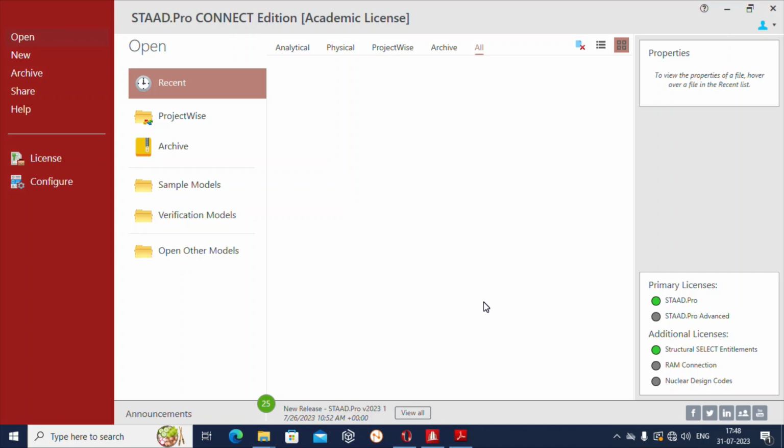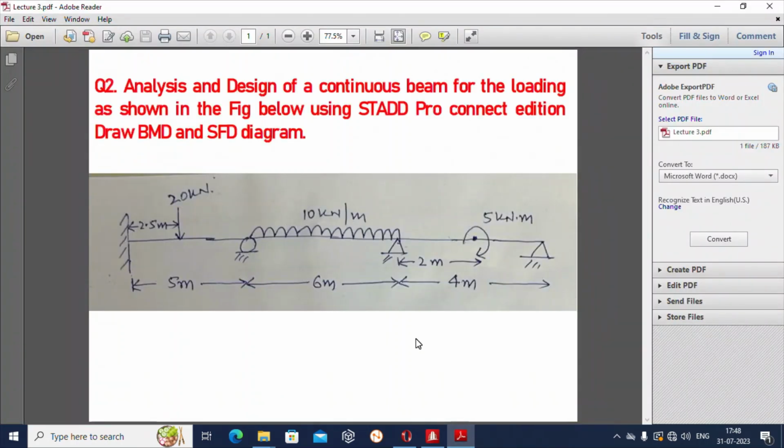So in this video, let us first see the problem statement and then we will move to our modeling part. So this is the problem statement. We want to analyze and design a continuous beam for the given loading condition using STADD Pro Connect Edition. So here you can see we have a continuous beam whose one end is fixed and another end is hinged,